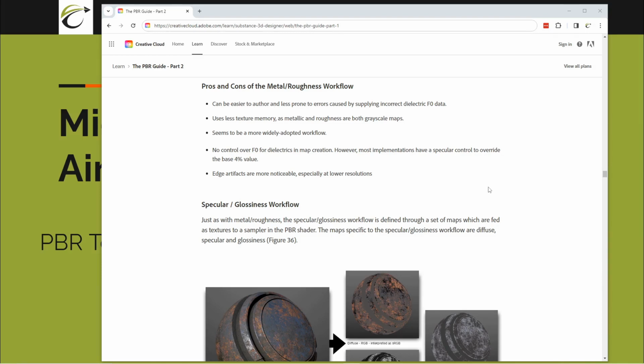There is a metallic and roughness scale. There's a metallic roughness texture, so we're using the metallic roughness workflow in the simulator. You have no control over the F0 dielectrics. However, most implementations have a specular control to override this. I don't believe we have that ability. Maybe you do in Substance Painter, you can set it up, but you don't have any